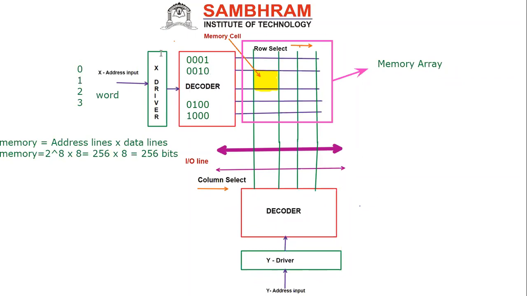So that is why we have the X driver and X decoder, then the Y driver and the Y decoder. Above the Y decoder, one more additional circuitry will be there. That circuitry will be like this. So the name of the circuitry is, here we'll have one more additional circuitry. One circuitry will be there. This circuitry is specified as the sense amplifier. This will be like a sense amplifier and a comparator.